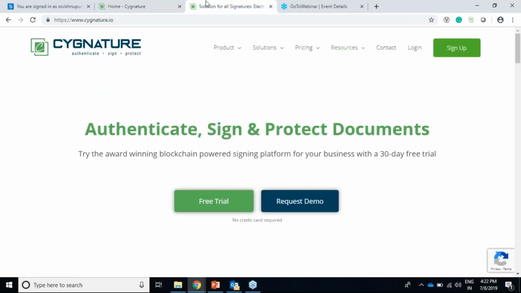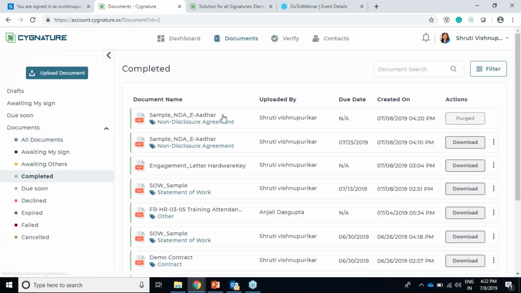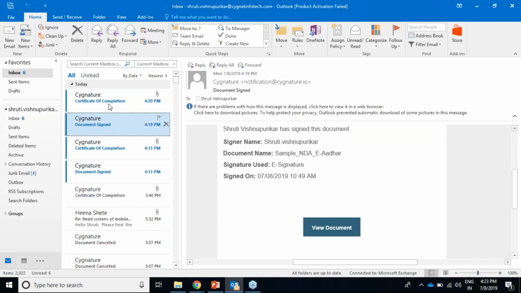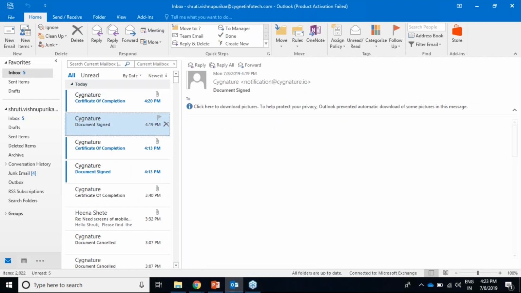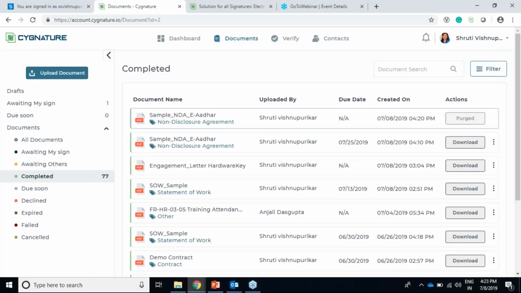One more thing which we had done, yes, we were talking about the QR code. So the document which we have completed signing, we had a QR code. So this is purged. The document is purged. I won't be able to access the document. As I said, the document will be available for me to see only through my email. So I can see the document from my email only. If I have just removed the document, purged the document, I won't be able to see it from here. The action is purged here. So it is removed from Signature right now. So in particular cases where you don't want to see the document on the application and want to access it only through your email, you can select that option in that case.